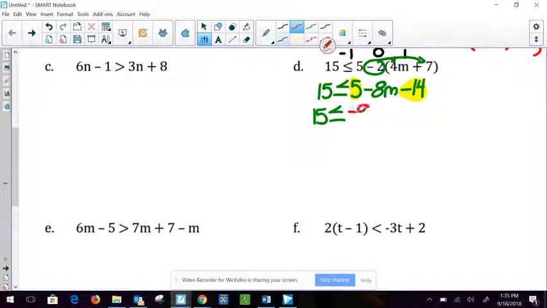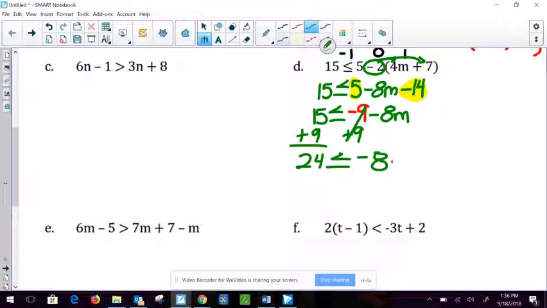Good job, it's negative 9. And we still have our minus 8m. Looking at what we have here, I have a 15 all by himself on the left-hand side. So how do I move the number friend, negative 9, to the other side? Right, I'm going to do the opposite or inverse operation. So I'm going to add 9 to both sides. 15 plus 9 gives us, you're on fire, 24, great job, is less than or equal to